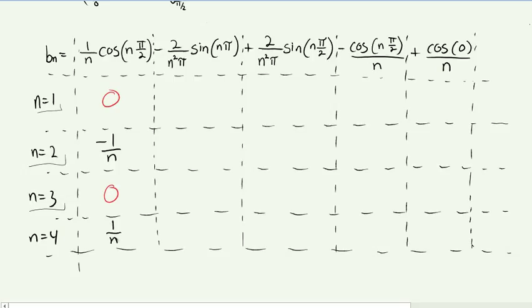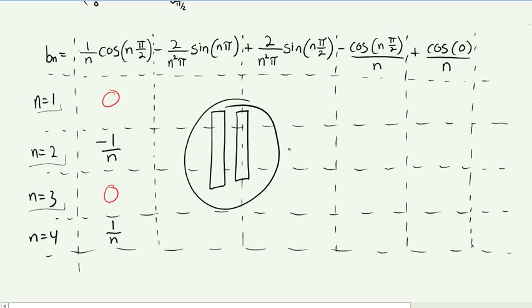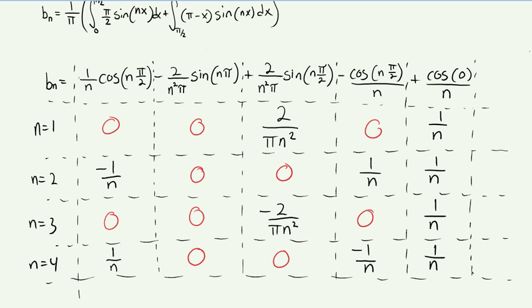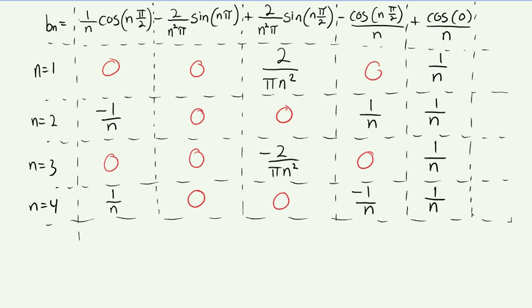Now, following that same logic, I'd like you guys to pause the video and go ahead and fill out the rest of the table here. Alright, so these are the values that we come up with, and what we're going to do from here is evaluate how the coefficients alternate in sign, and we're going to do that by looking at the odd channels, even channels, and all channels. The first thing we're going to do is identify the fact that n equals 1 and